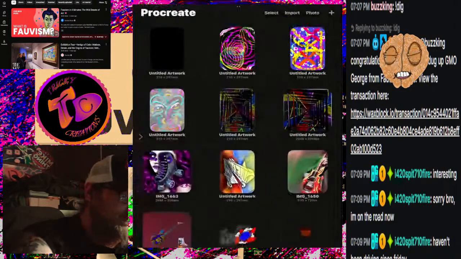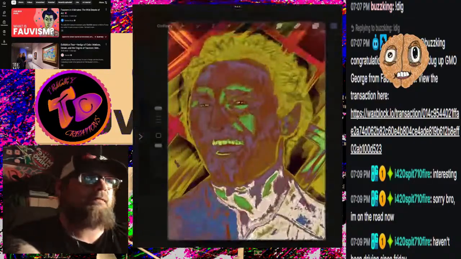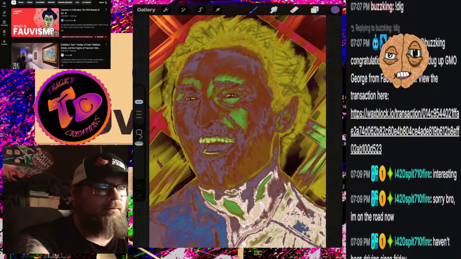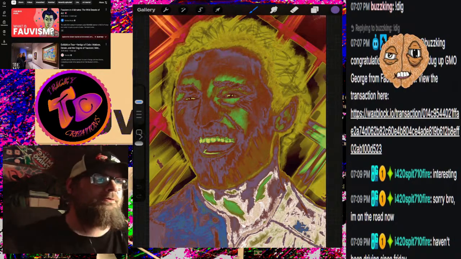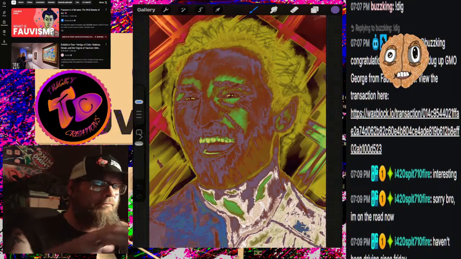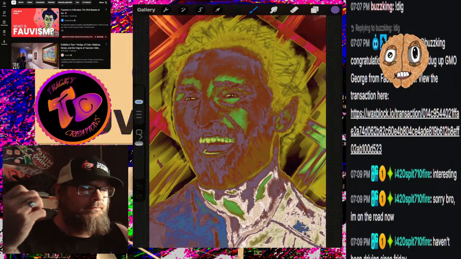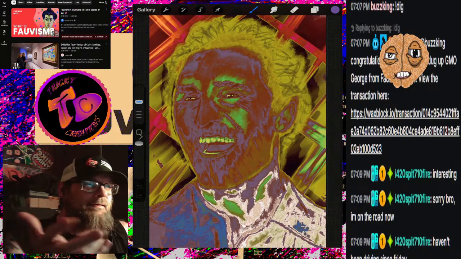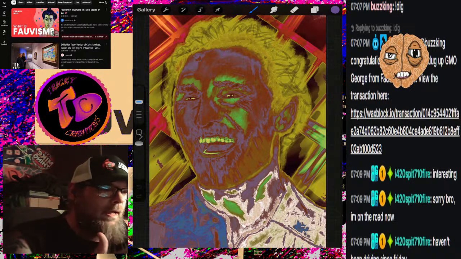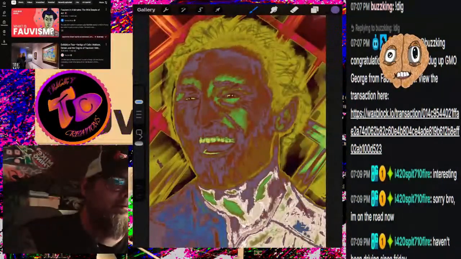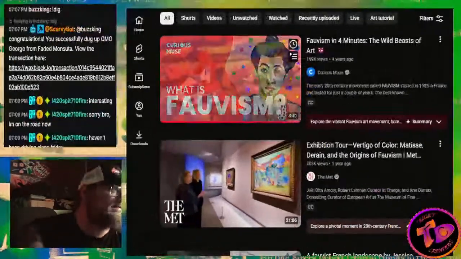This particular week is Fauvism, and I do have a few pieces up on the Digitrick collection. This is one of them. This is my representation of Fauvism. But before I go through what I did with it and how I made it a little tricky, let's dive in to actually find out what it is. We're going to do that by viewing the tube. So we're going to be a viewer of the tube for a second.